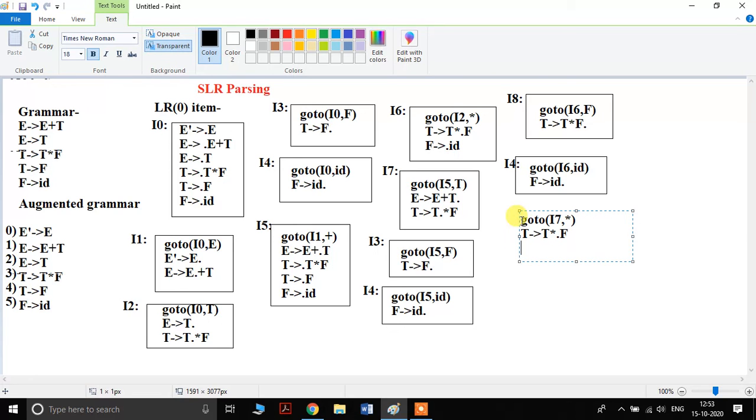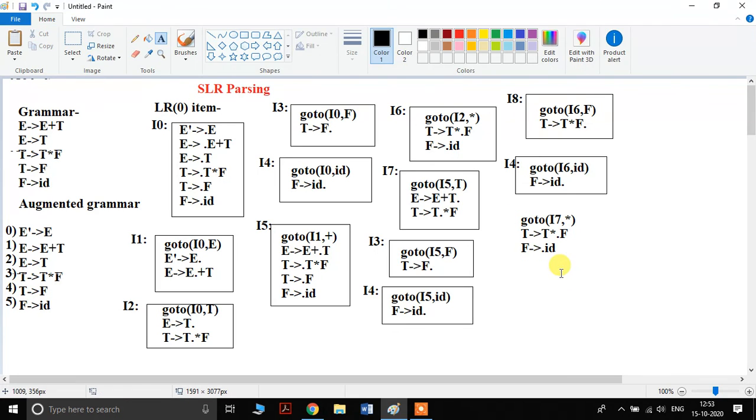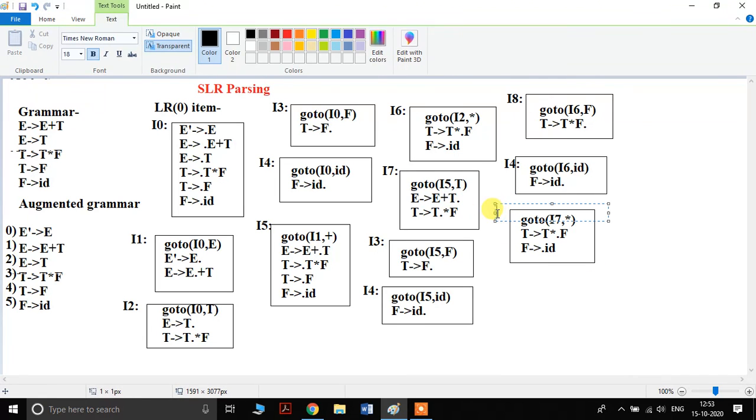Yes, because F contains a dot on its left hand side. That's why we have to perform closure here. Is it matching with any state? Yes, it is matching with I6. That's why we have to give it the previous name. If it does not match, then we give a new, separate name. It is matching with I6, that's why I'm giving it the name I6.